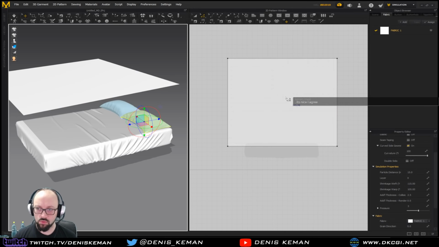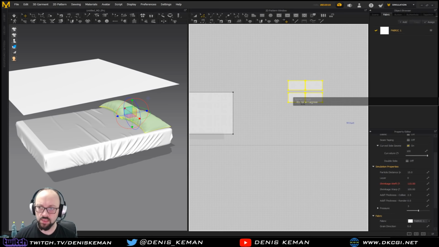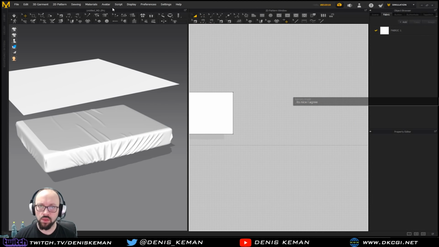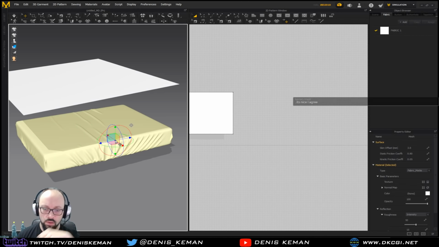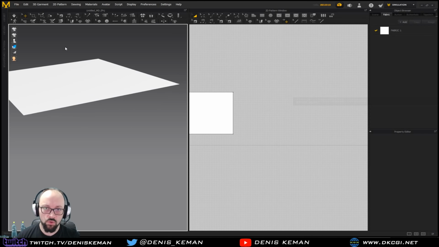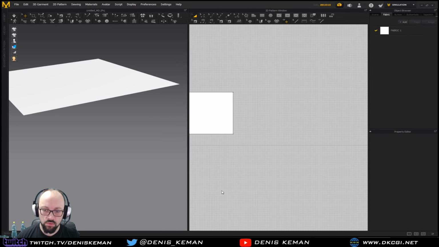Okay, so what I'm gonna do is remove these guys. There we go. I deleted that thing. Avatar, delete the avatar. Alright. Import the OBJ bed frame, and now this should make it so that everything that's imported as an avatar